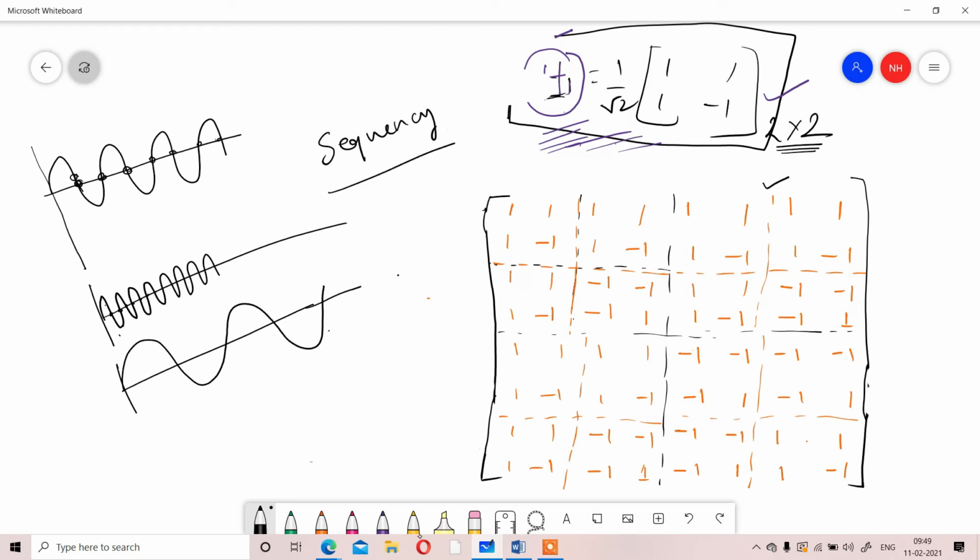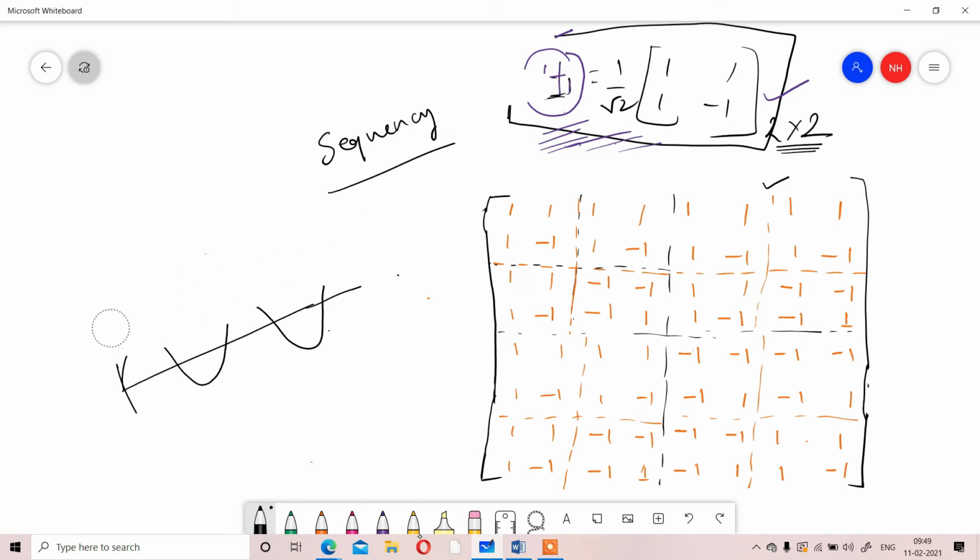We will name it, that is not named by us, that is named by whoever designed the Hadamard transformation matrix. It is named by him. So it is mentioned as sequency. Basically sequency is how many times it is crossing zero. So what will be the sequency order of that matrix? If we want to calculate for the first row, what should be the sequency value?